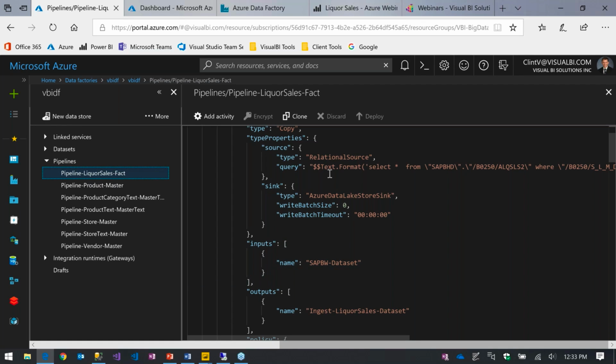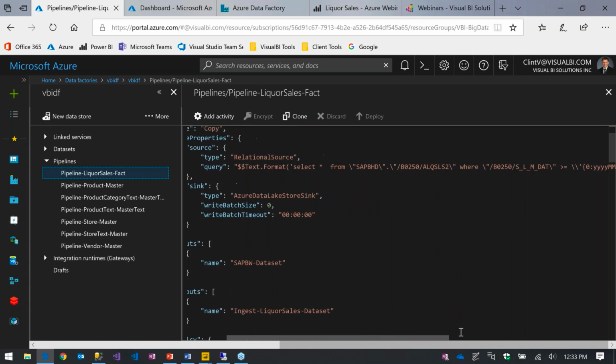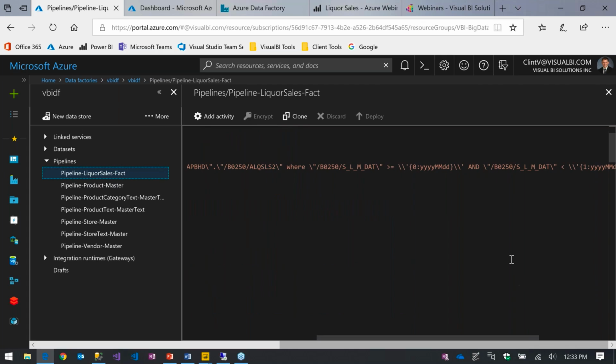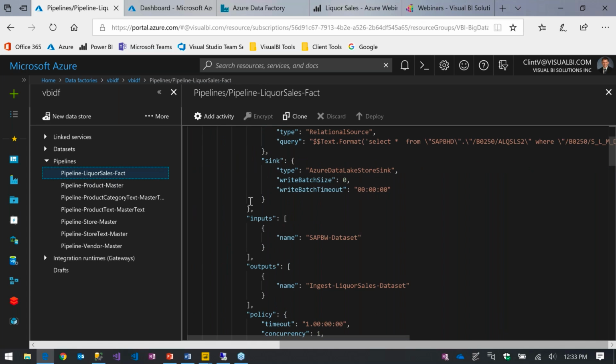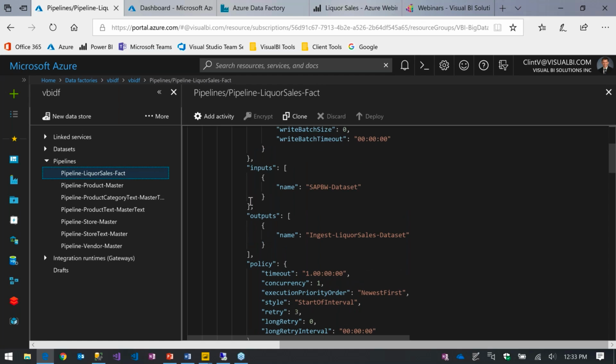One important thing to notice here is that I'm writing a query from that source. I'm selecting the data out of this BW source. And if I scroll over just a little bit, you can see some of what we're doing. We're not just querying the entire data set, we are filtering it. We're taking just the most current date range out of it based on some flags that we're passing around, the start and end date of this job. So I am getting a delta set of information for this, just today's records.